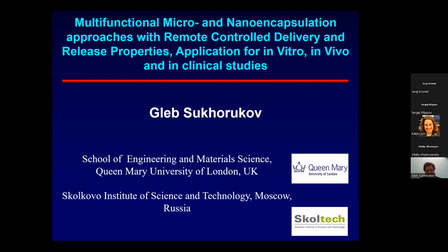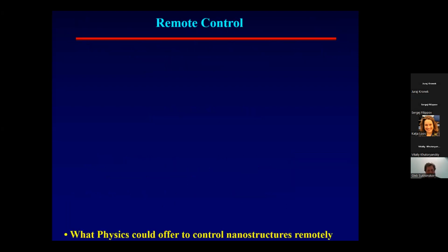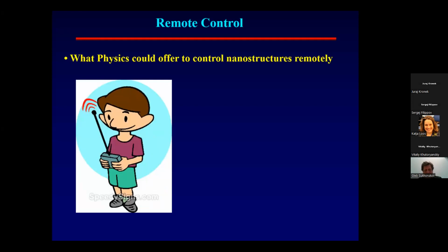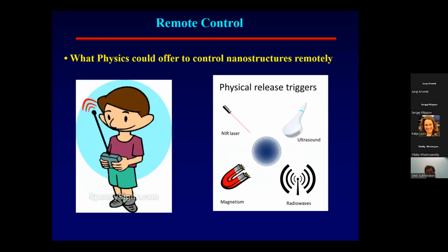What is actually meant by remote control delivery systems. I'm a physicist by educational background, and I look at many things from a physical point of view, and at what physics could offer us to control various micro and nanostructures remotely. Ideally, we should have a person who could manipulate different delivery systems with a small device. And what physics offers for distant